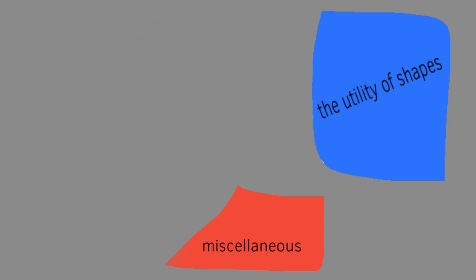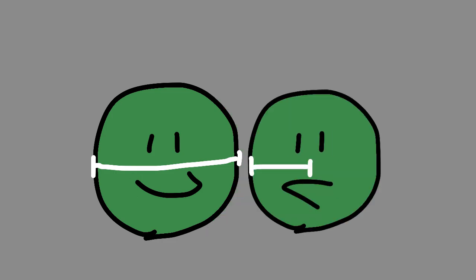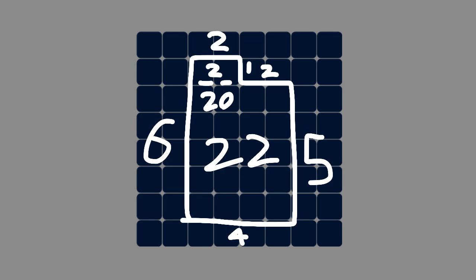And lastly, we have miscellaneous. These are just a few extra definitions I wanted to squeeze in here. Now we're going to take a bit of a detour to circles here. A circle's diameter, that's the length of a circle from end to end. A circle's radius, that's half the circle's diameter. How about something applicable to all shapes, like area, which is how many squares on a grid that a shape takes up. And,